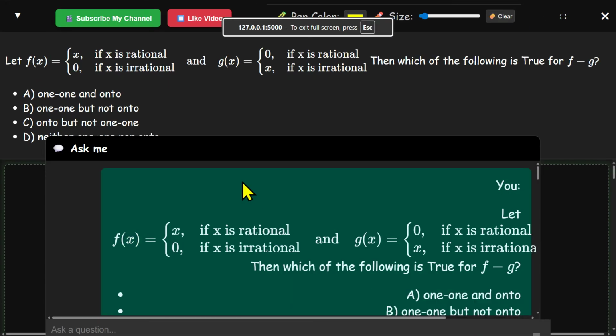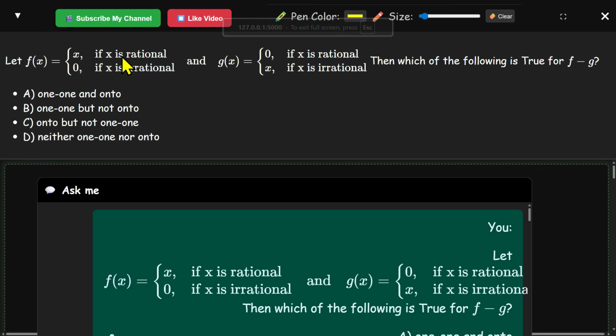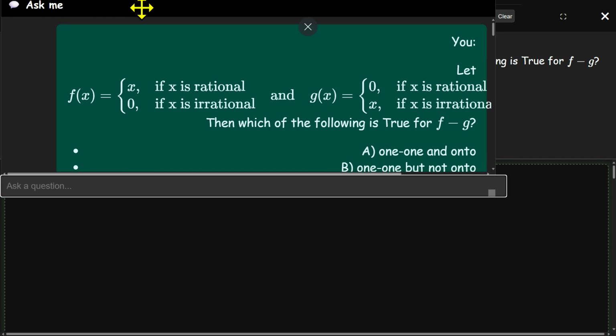नेक्स्ट क्वेश्चन देखो अभी। यहाँ पे f of x कह दिया: x, if x is a rational, 0 if x is irrational, and g of x equal to 0 if x is rational and x if x is irrational, then which of the following is true for f minus g? A: 1-1, B: onto, C: 1-1 but not onto, D: onto but not 1-1, E: neither 1-1 nor onto. अभी इसका सॉल्यूशन देखो।